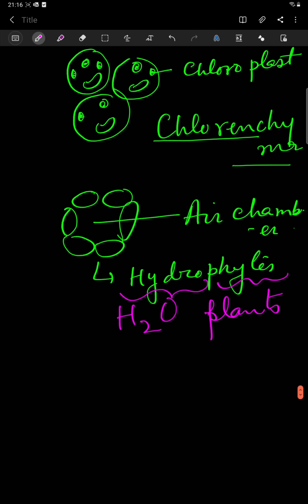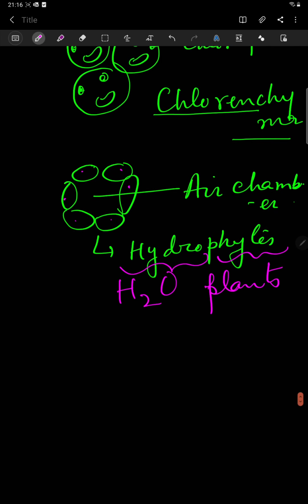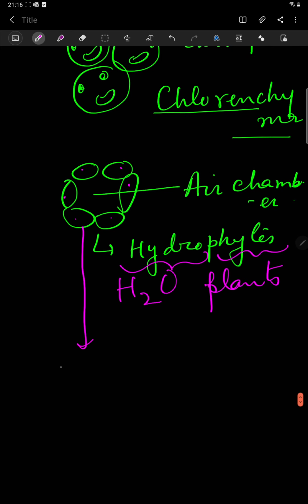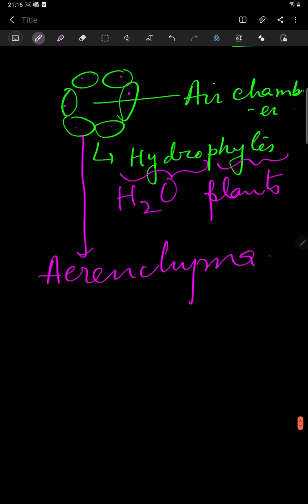They want to float on the water surface. Even inside the water, they have a bouncing character. So this is termed as air chamber, enclosed with the parenchyma. These are parenchymatous cells, showing you the nucleus. In that condition, the name of the cell is aerenchyma. All these cells are living. They all are living, right?